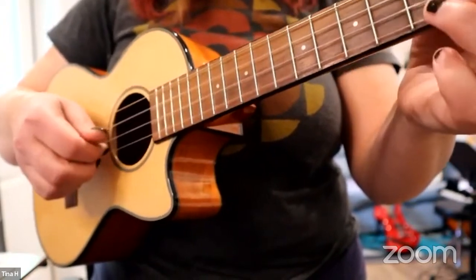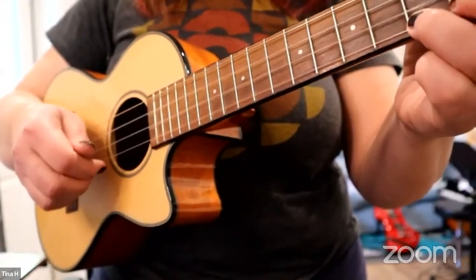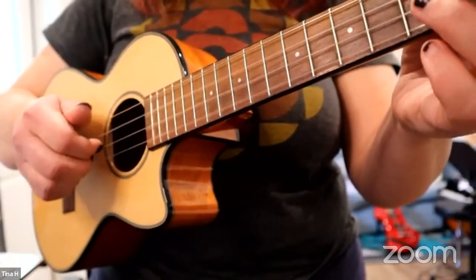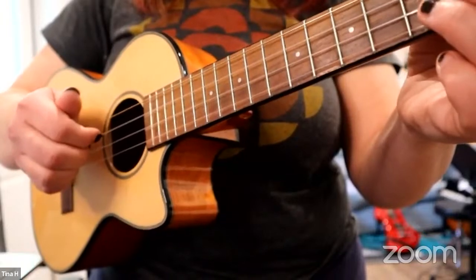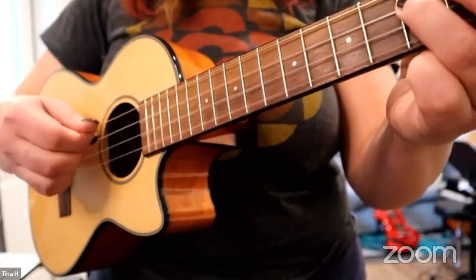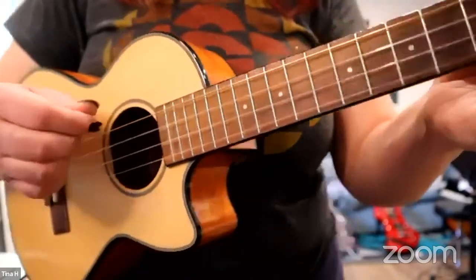Okay, first string. O, 2, 3, and right back down to 2, 2, O. Now the next string, 3, 1, O. And now 3, 2, O. Again, I'll demonstrate the fake pick. 3, 2, O. So two different ways I do it sometimes, right? Fake pick or